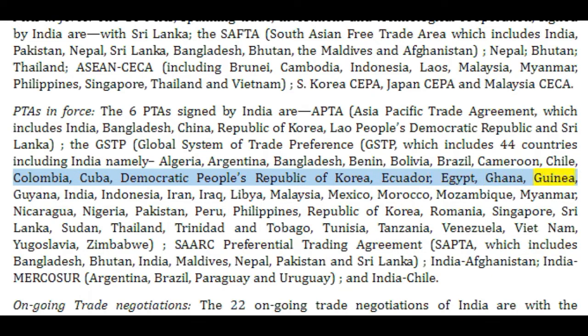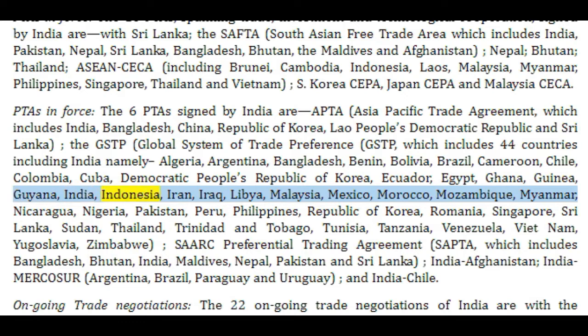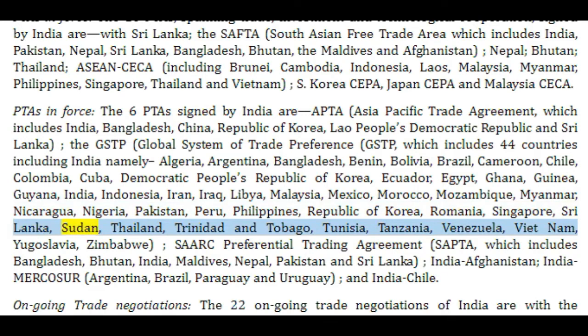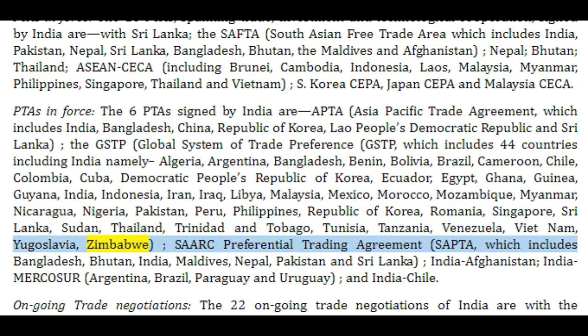Egypt, Ghana, Guinea, Guyana, India, Indonesia, Iran, Iraq, Libya, Malaysia, Mexico, Morocco, Mozambique, Myanmar, Nicaragua, Nigeria, Pakistan, Peru, Philippines, Republic of Korea, Romania, Singapore, Sri Lanka, Sudan, Thailand, Trinidad and Tobago, Tunisia, Tanzania, Venezuela, Vietnam, Yugoslavia, Zimbabwe; SAARC Preferential Trading